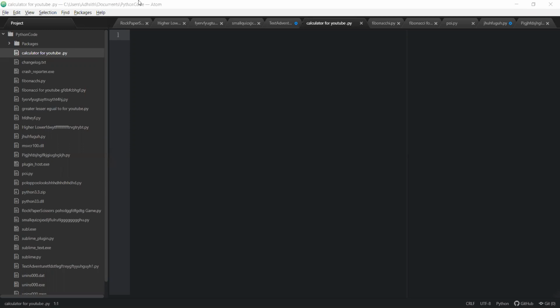Today we are going to be writing the code for a calculator. Have you ever wondered, suppose the calculator app got deleted by mistake from my laptop or my desktop? Have you ever wondered what will happen then? And suppose there's a huge number and you have to calculate, multiply, for example,